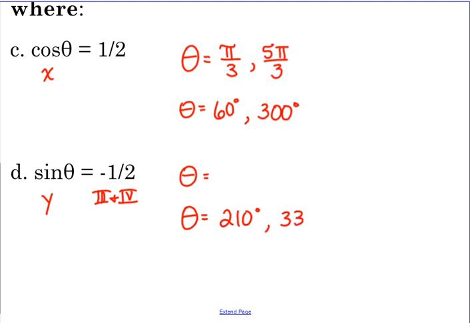So what would those be in radians? 7 pi over 6 and 11 pi over 6. Okay, 7 pi over 6 and 11 pi over 6, 210 and 330 degrees. Does that kind of make sense? All right, so we're going to hold